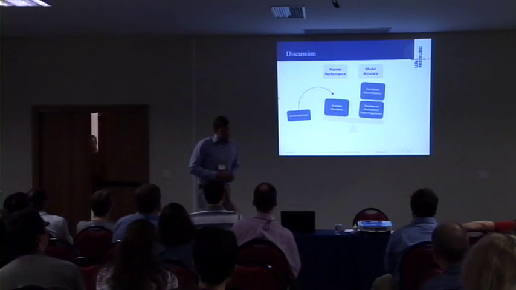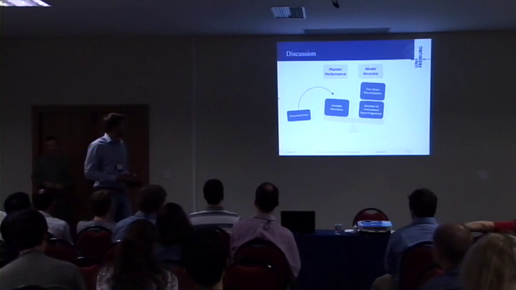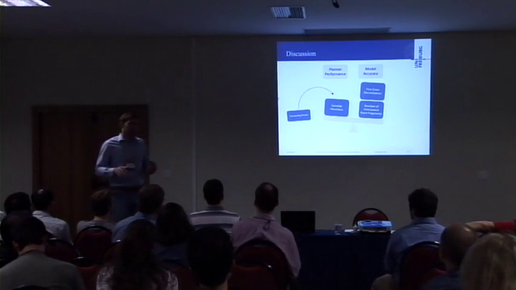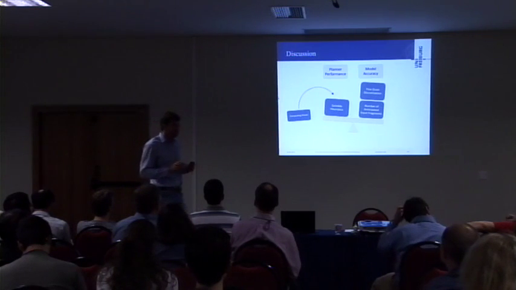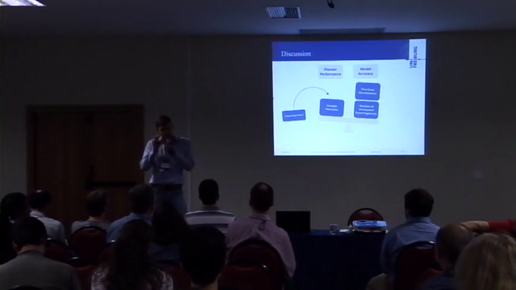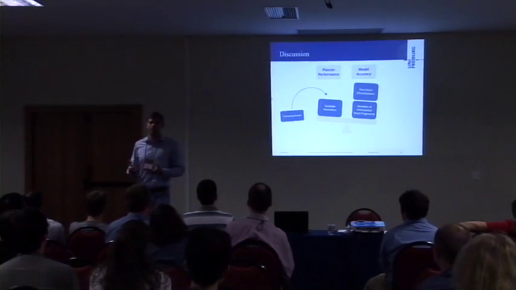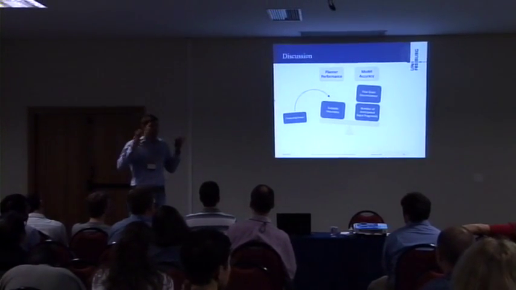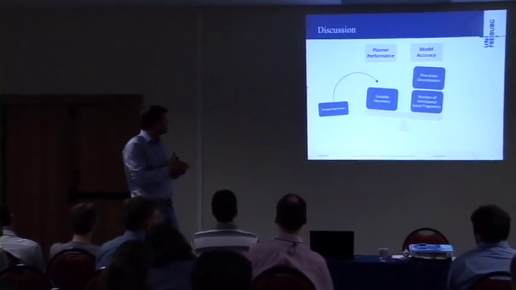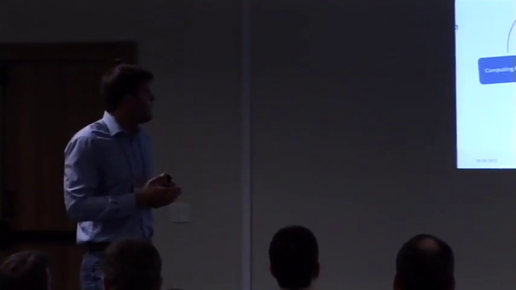Let's discuss the approach. Our experience with domain predictive control showed that we first of all had to find a balance between the planner performance and the model accuracy. Of course, we would like to have fine-grained discretized actions in time, but this will heavily increase plan length. On the other hand, of course, we would like to model each imaginable input fragment, but this will increase the number of available actions in each node of the decision graph. So the planner might fail to find a solution in such a huge decision tree.